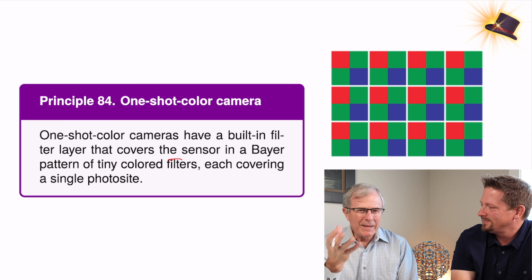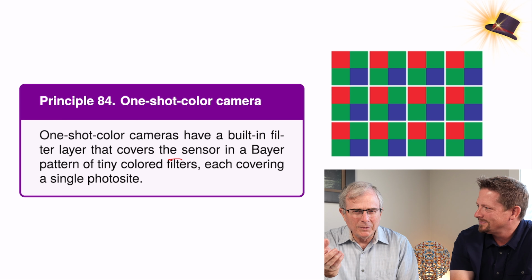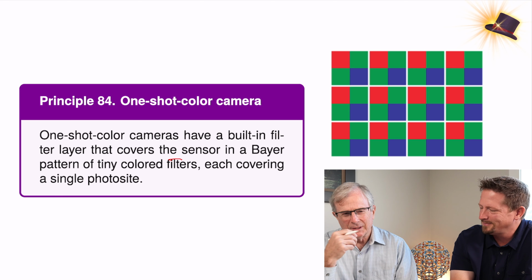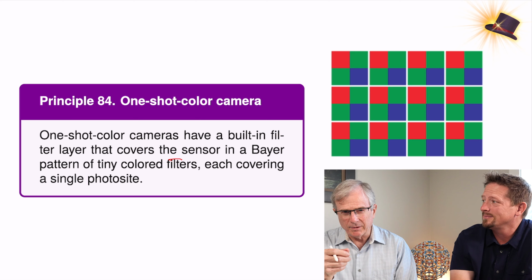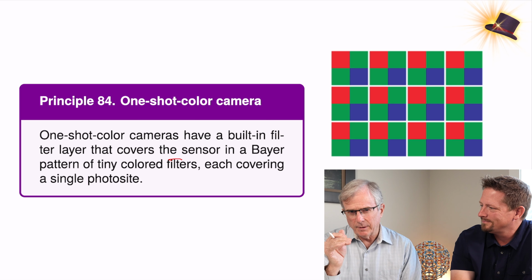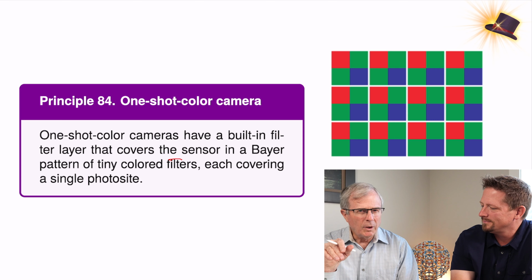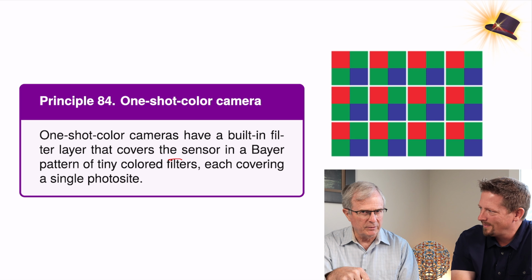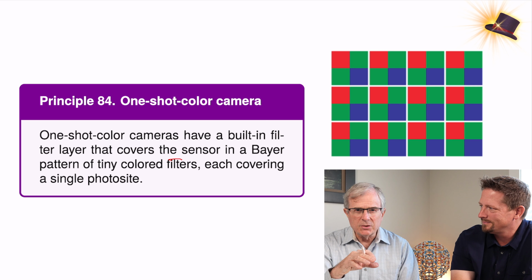But Ren and I, when we first got into the hobby, we didn't know how you get color images, and we wondered whether the camera sensor elements can tell what the wavelength of the photons coming in is. The photo sites cannot tell what color of light is hitting them. All they can tell is they got hit by a photon. That's it. And so in order to get a color image, you have to put a filter in front of